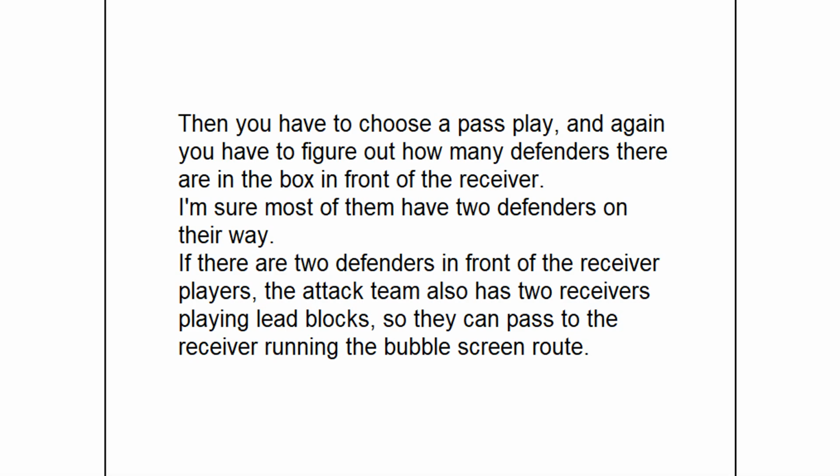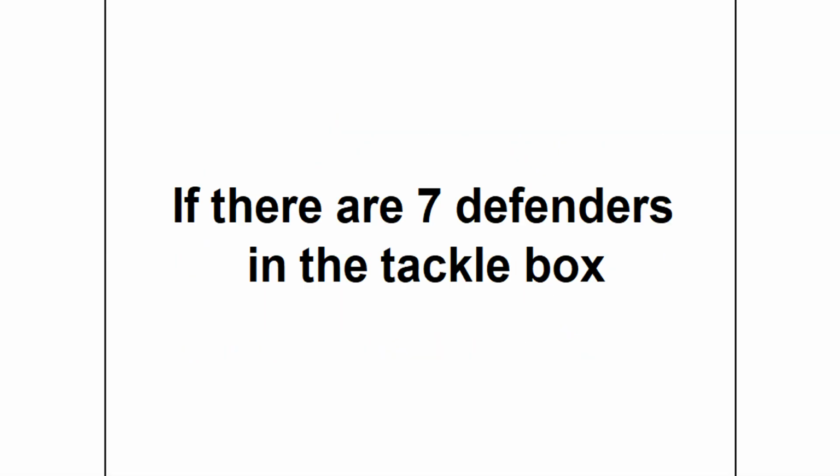Then you have to choose a pass play. And again you have to figure out how many defenders there are in the box in front of the receiver. I'm sure most of them have 2 defenders on their way. If there are 2 defenders in front of the receiver players, the attack team also has 2 receivers playing lead blocks, so they can pass to the receiver running the double screen route. If there are 7 defenders in the tackle box,